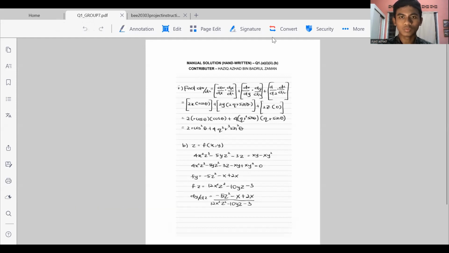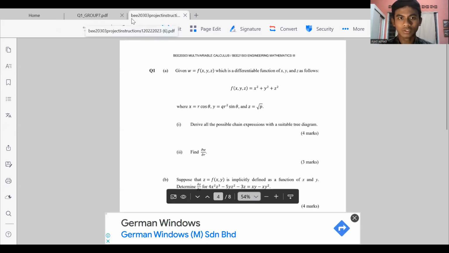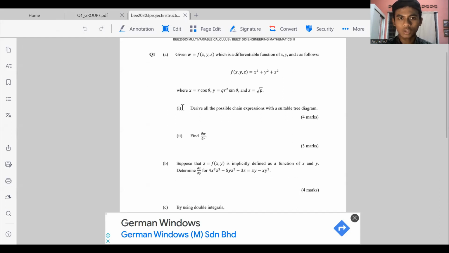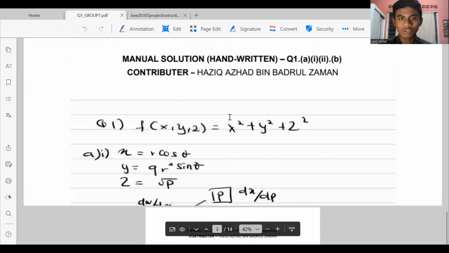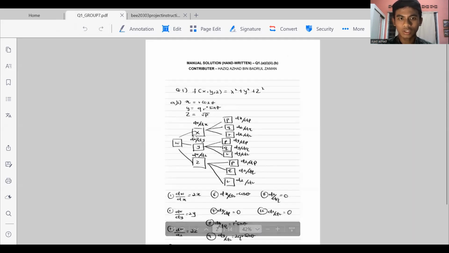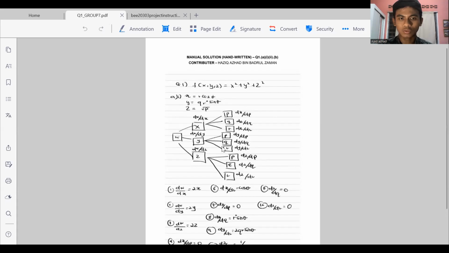So I will explain question number one from group 7. For question number one, 1A, we need to derive all the possible chain expressions with a suitable tree diagram. Using my equation with the tree diagram, we can determine all the possible chains to derive, which